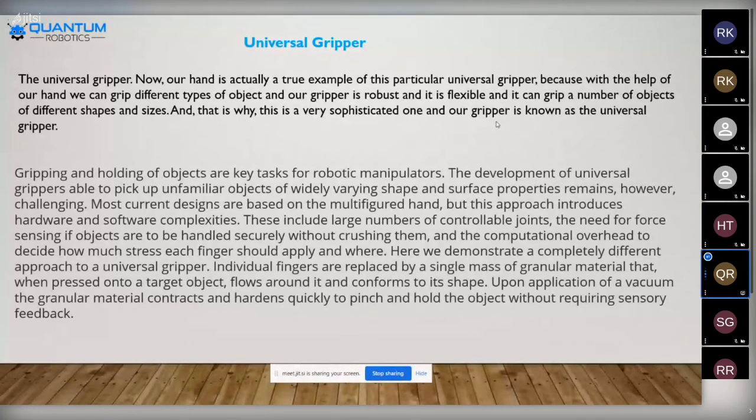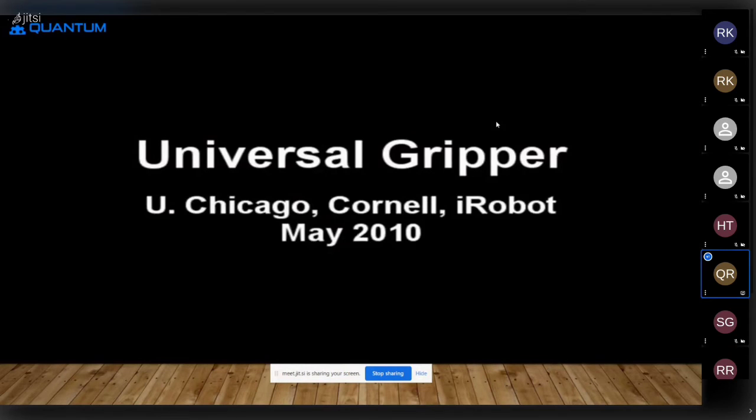And this is a gripper which is used in many types of industries. Why? Because they do not want to use many robots to do different types of similar smaller tasks in less time. They can use the universal gripper. The universal gripper handles 2 to 3 job conditions in a particular time, and the time is saved, and the production is also more efficient and more accurate. Here you can see the universal gripper.